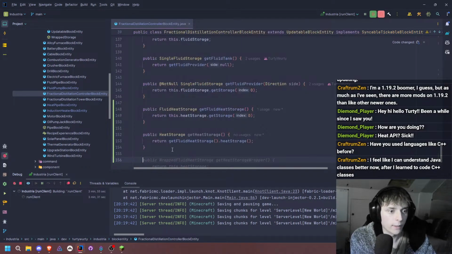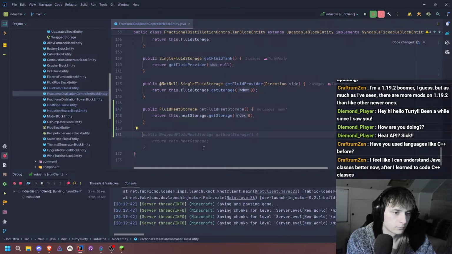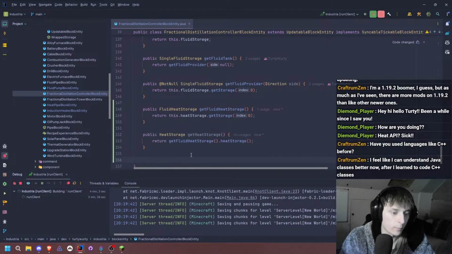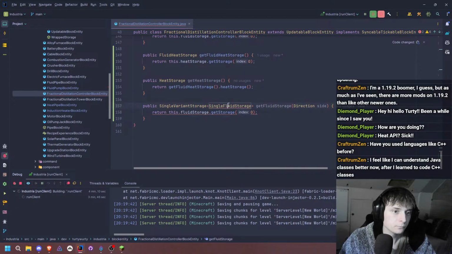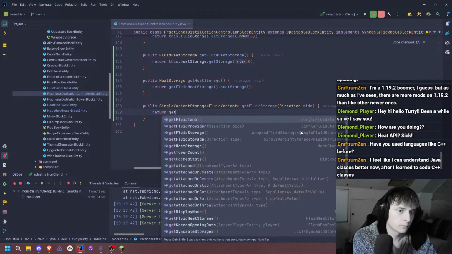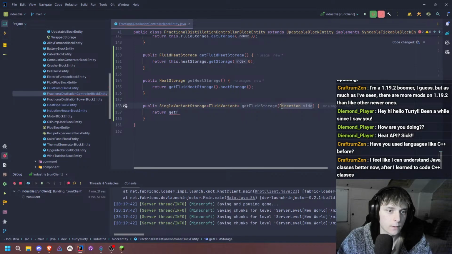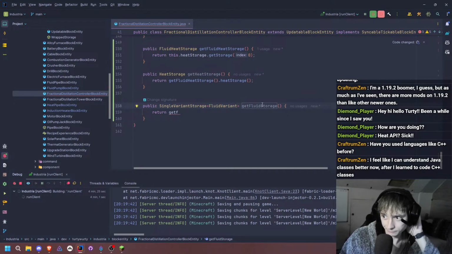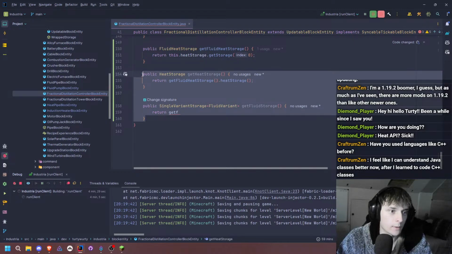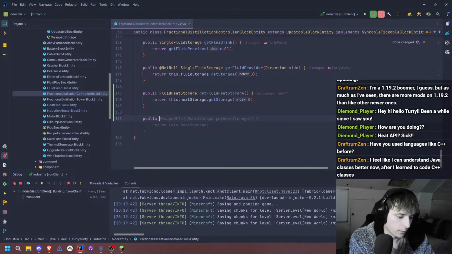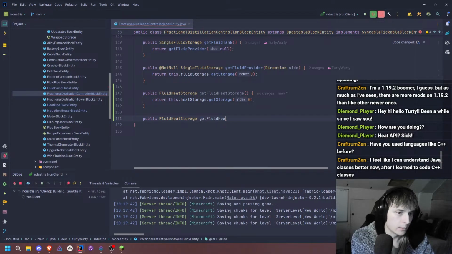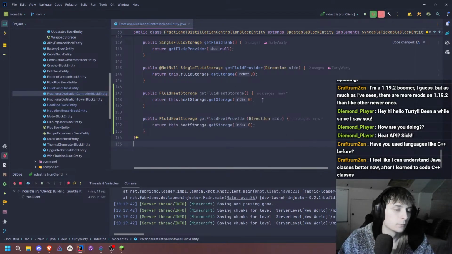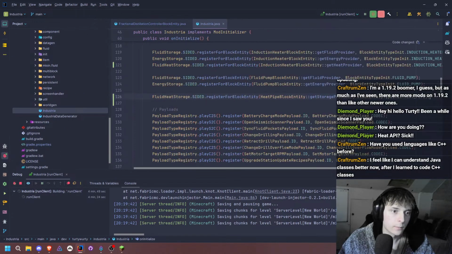Then we're going to want the actual. Well, we're probably actually not going to want the actual. Well, we might. I guess we might want that, and we might also want the single variant storage. Not this either. Okay, no, we're not going to want either of these actually. We are just going to want then the provider. So we're going to want the fluid heat storage, get fluid heat provider, like that. And then all we need to do is come into the main class,